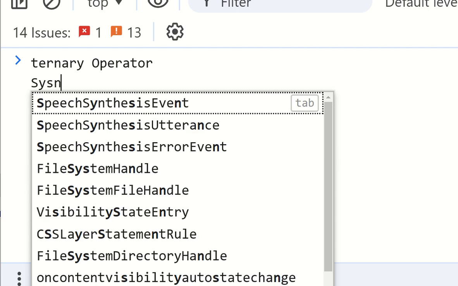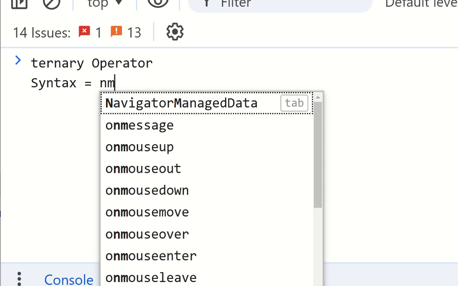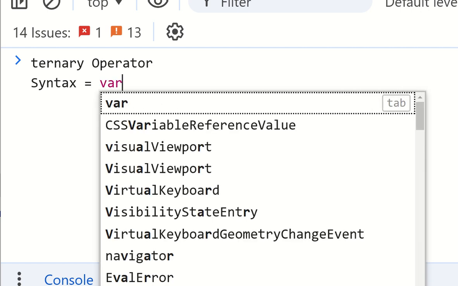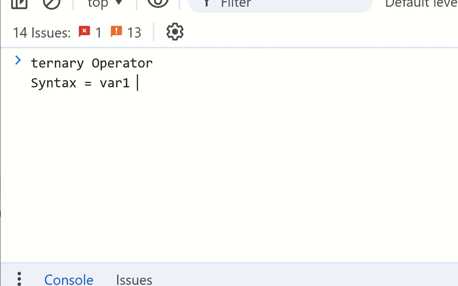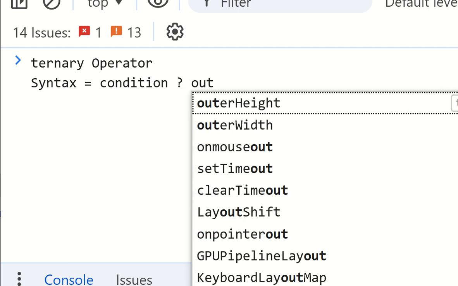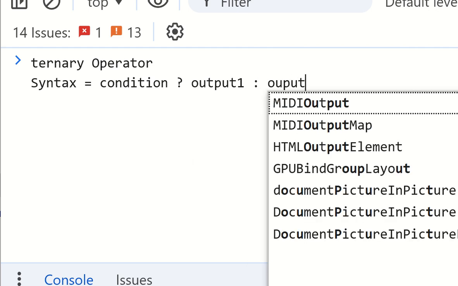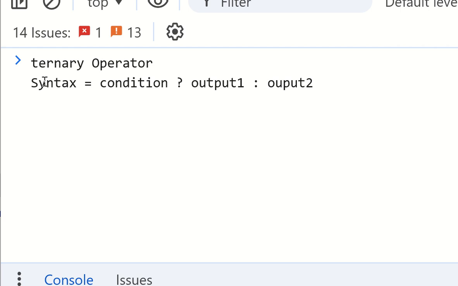The syntax is: variable1 equals condition, then question mark, then output1, colon, output2. So that is the syntax.